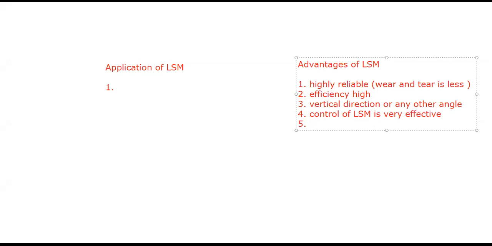And then it can have any one active material. You can have any one active material or active element, right? It is not required that you should definitely have two active elements. If it is one active element also, we can make a machine with higher efficiency, right? So with respect to these advantages, we are going to have some applications. With respect to the advantages, we are going to mention the applications.